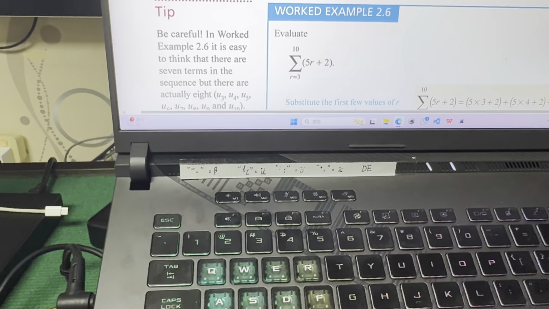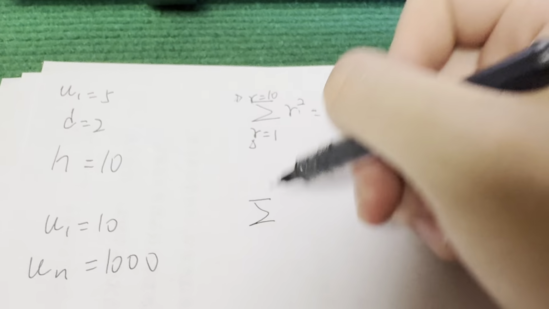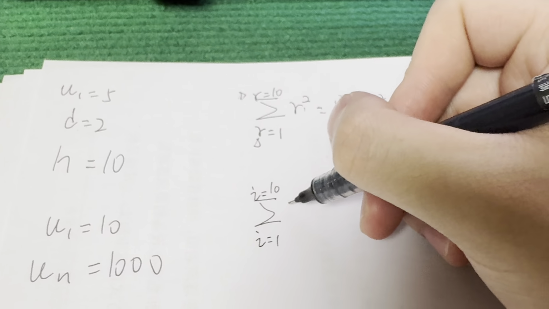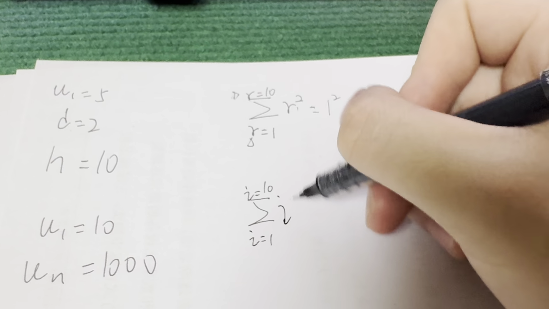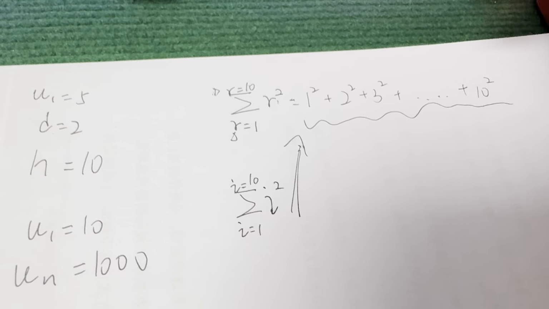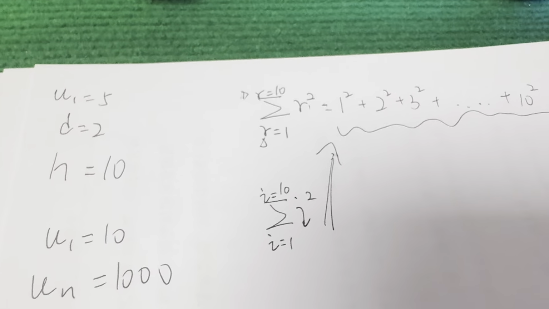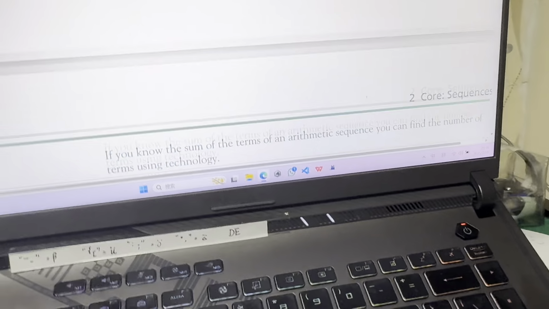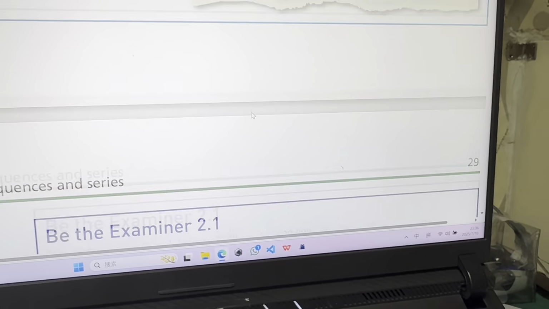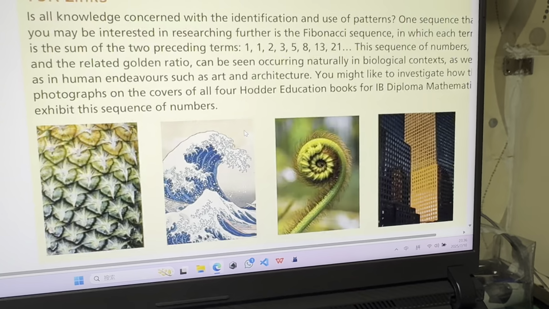So what is that? There's nothing special about the letter r here, any letter could be used. It means if we use another letter, for example i, it also means the same thing for the right side. They just change a letter, nothing changed, right? So here's the example of how to use sigma. And guys, you see here something like that. Yes, that's all the things about